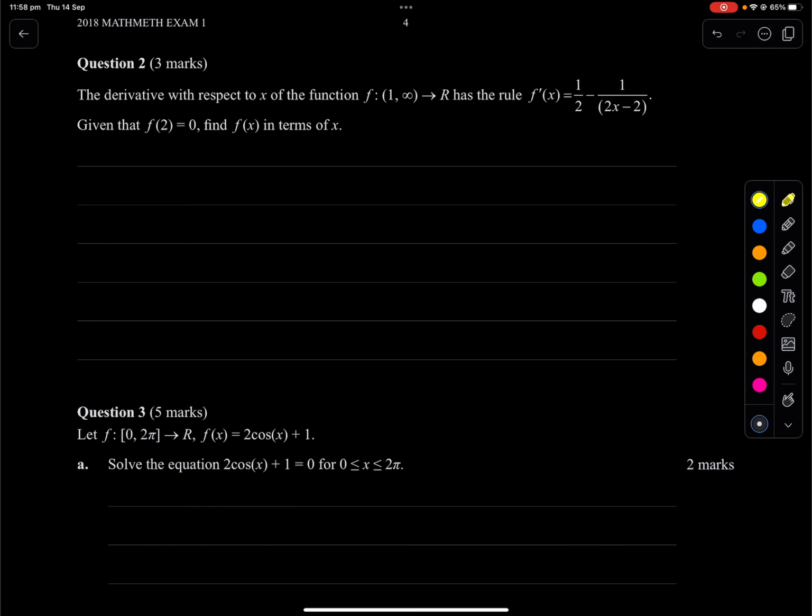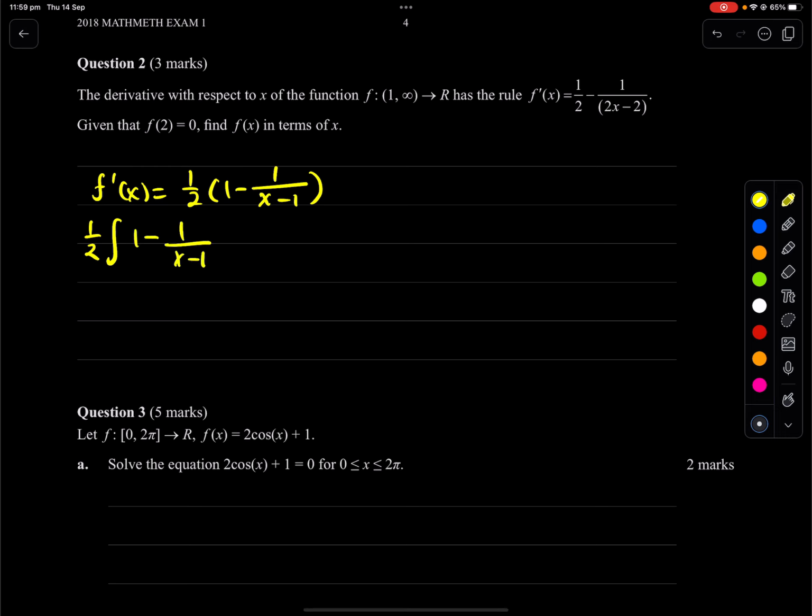If the derivative with respect to x of the function this has the rule this, given that this is that, find f of x. Okay, very nice and easy. So what I'm going to do is, I can see that there's a common factor of half. So I'm just going to take half out of that f dash of x. It'll become 1 minus 1 over x minus 1. And I'm going to find the integral of that. So I'm going to take the half out. And what's 1 minus 1 over x minus 1, dx? It is half x minus log e of x minus 1